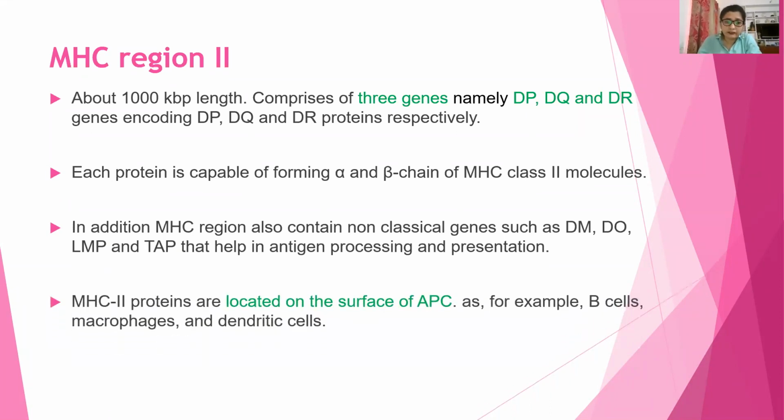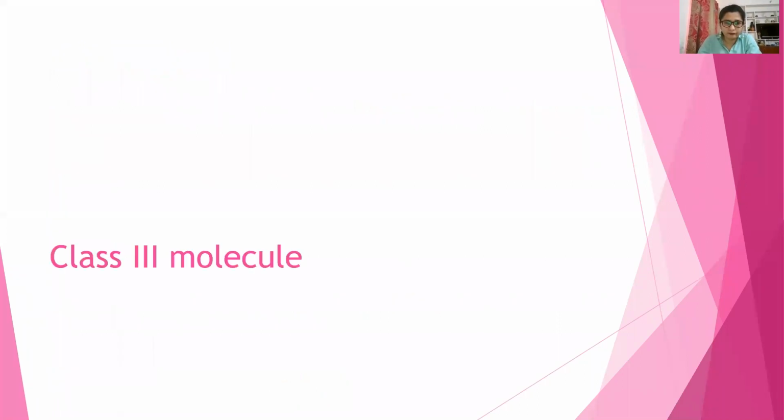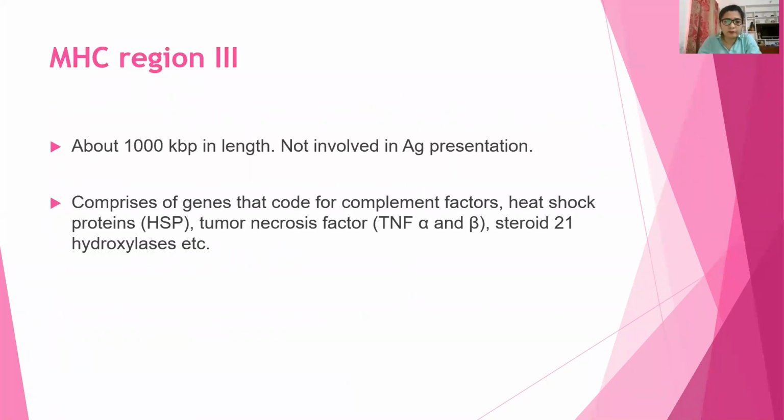And the MHC class 2 proteins are located on the surface of antigen presenting cells, for example B cells, macrophages, and dendritic cells. They present the peptide to CD4 positive T cells. Class 3 molecules are about 1000 kbp in length and not involved in antigen presentation. This part of MHC comprises genes that code for complement factors, heat shock proteins, tumor necrosis factor, and